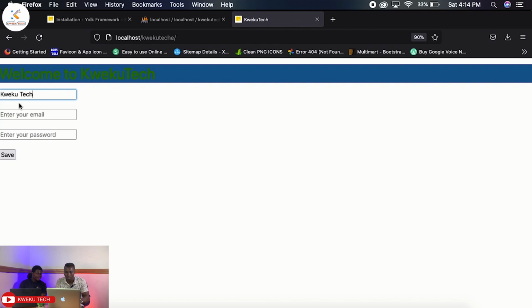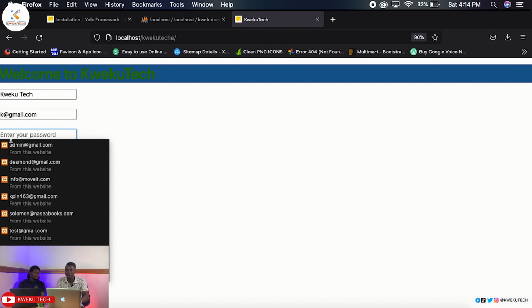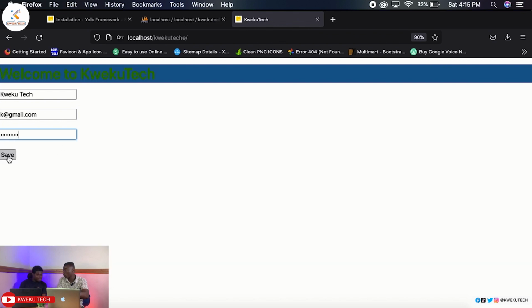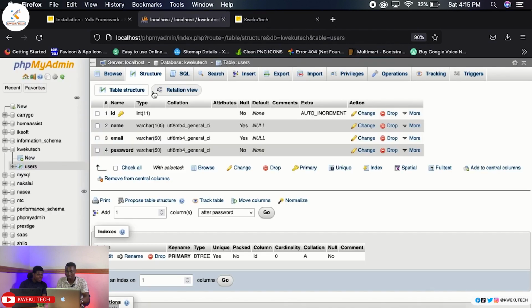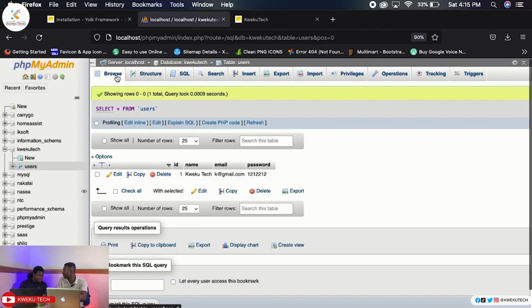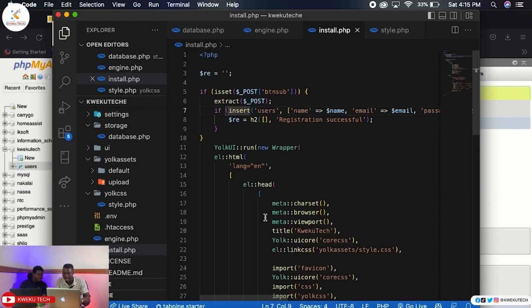Then k@gmail.com. Then password, anything. Then we save. I've not called a response on the screen, sorry. I've just declared, but it has actually saved. We have this record in the database, but I didn't display the response, so I can add it to the